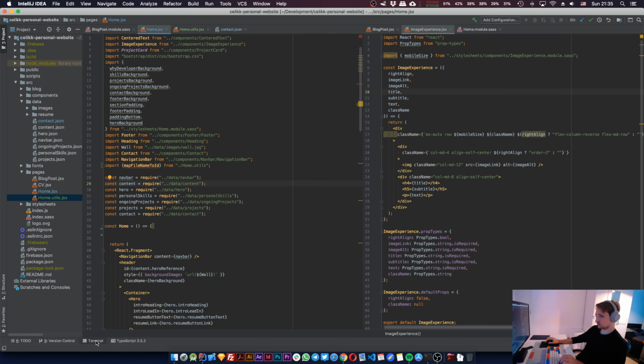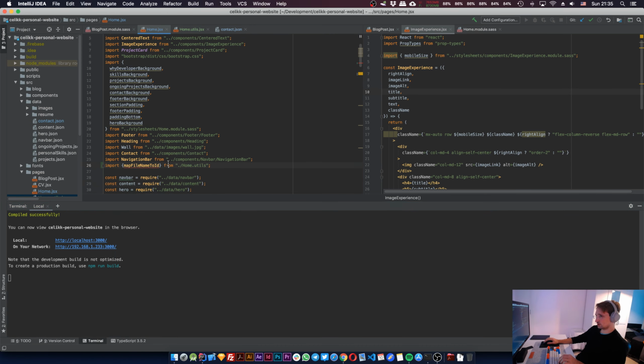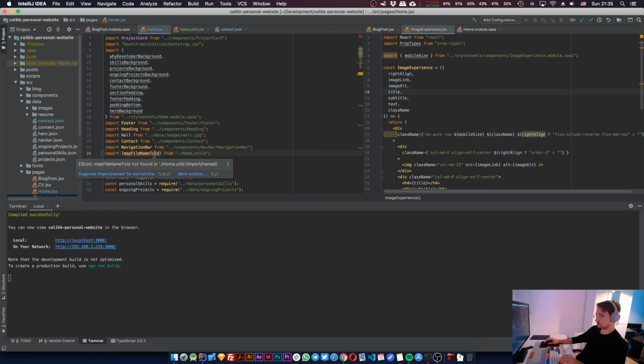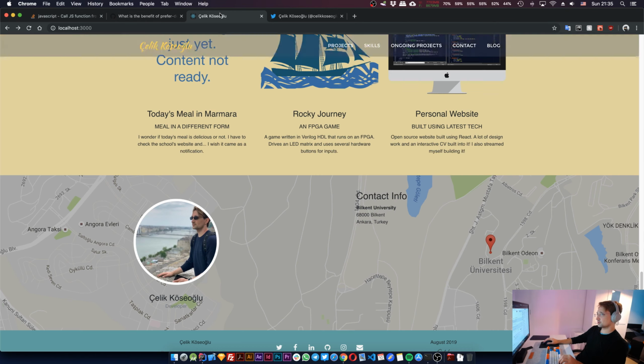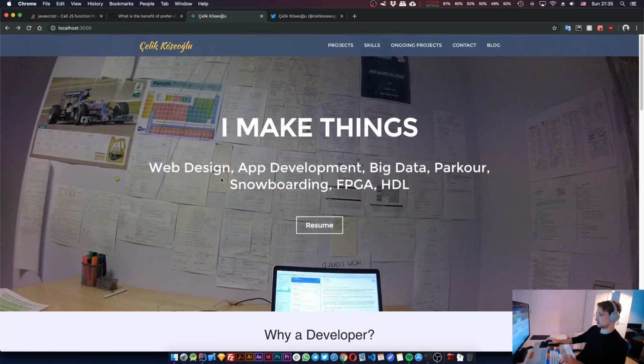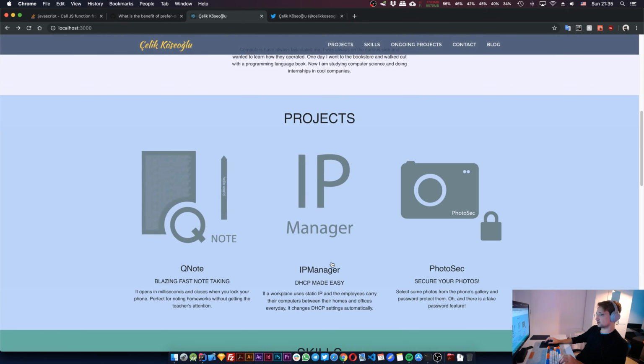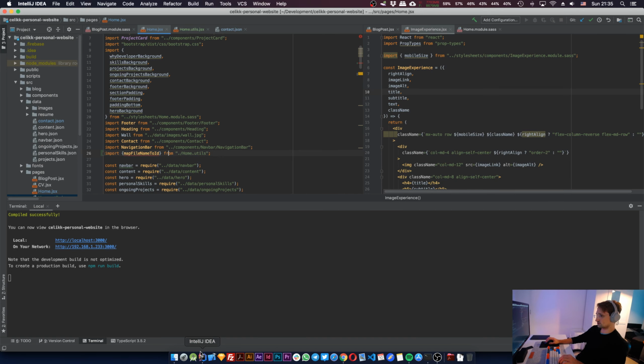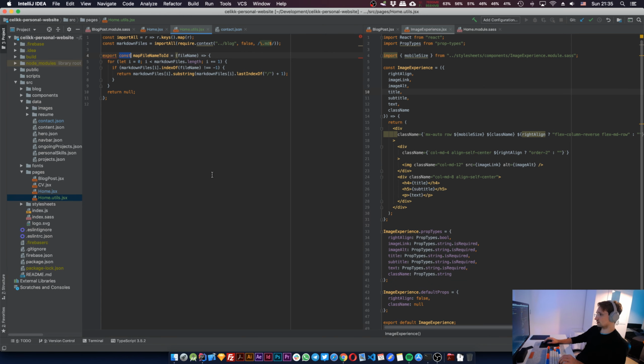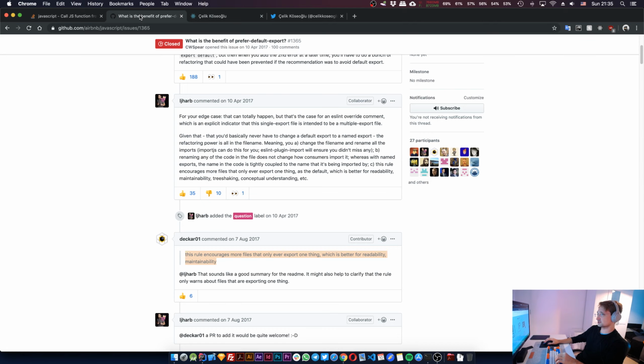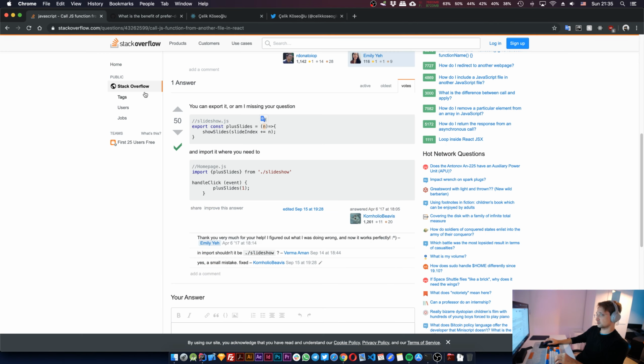Is it really not found? Is it compiling? Oh yeah, it is compiling, but why is it complaining? Okay, let's go back to the website now. Right, seems to be working, so we can still access the blog posts, so that's a good sign. Let's go back to the file again, and you can see that ESLint is complaining now. The way for us to fix it is, well, I've done some research on this, and apparently you have to do,